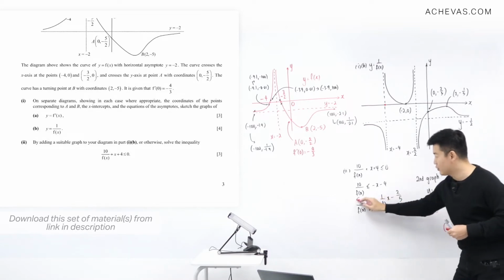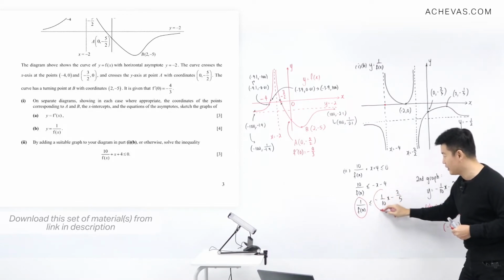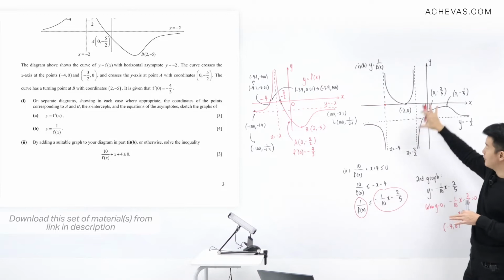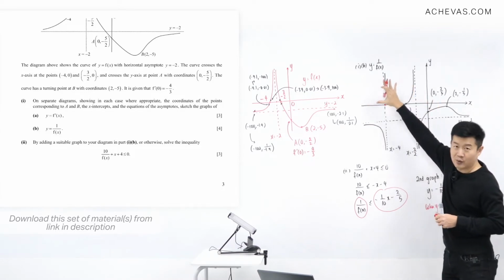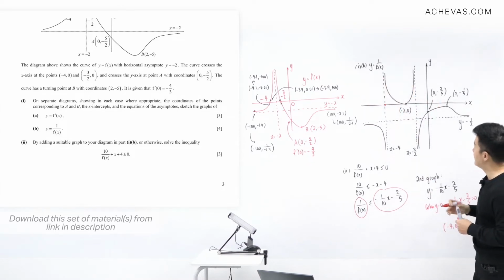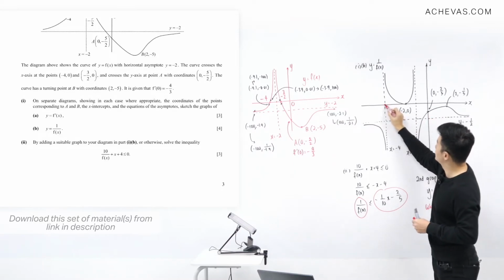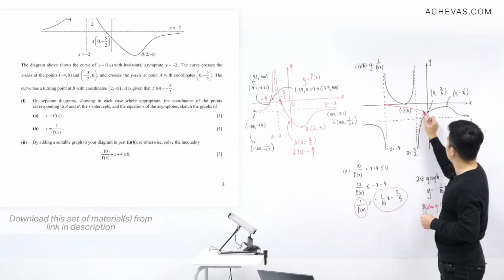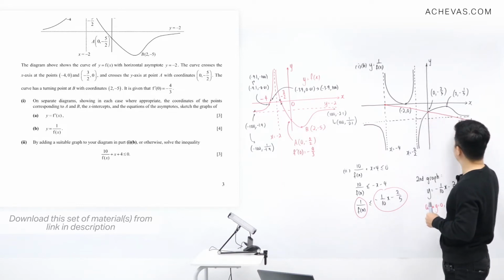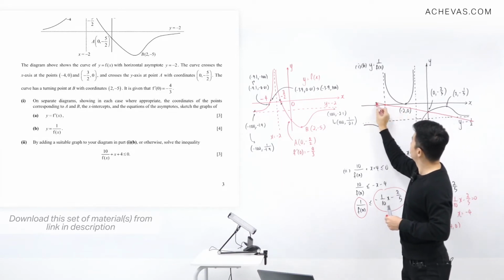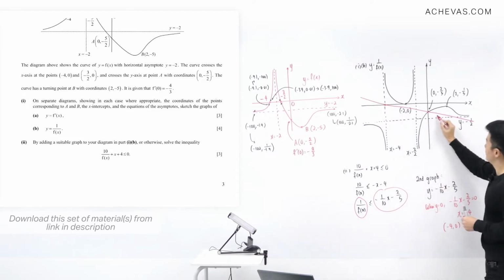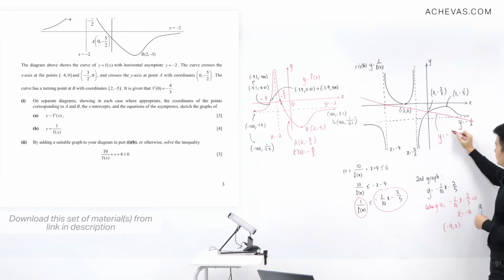So we have our first graph as this, our second graph as this. If I were to draw both graphs here, where one of them is already here, the graph of y is equal to 1 over fx, the other graph is going to be passing through this point and this point. Let me join them together. So we have a graph that is like this. So this here is going to be representing for us the graph of y is equal to negative 1 over 10x